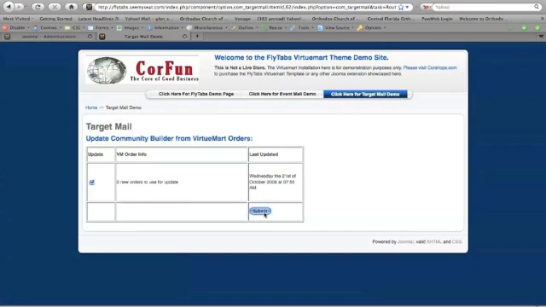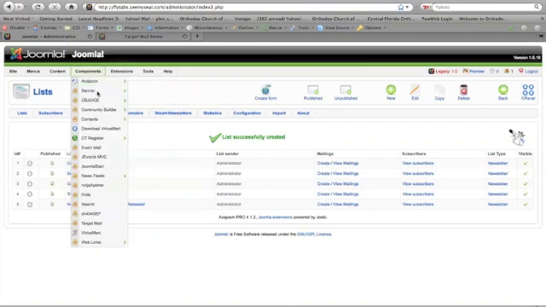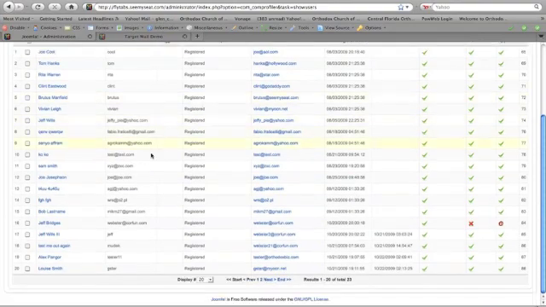I go ahead and click here, and what that will do is I have added 3 new users to Community Builder. So let's take a look at some of those users. Now we've updated our update information, and we've also cleared out, and there are no more new orders. But let's go ahead and take a look at one of those users that we've added. I've gone into the back end, and I go over here to my user manager. Okay, and this is one of those users that I have just added, Alex Pangor,